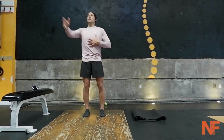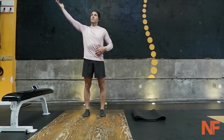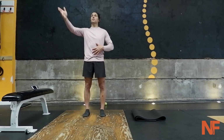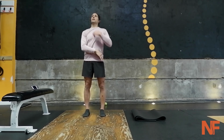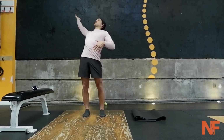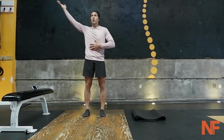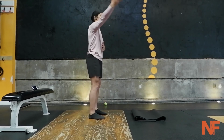Good. Now again, the pelvis is going to be easy to stabilize now because our legs aren't moving, but the connection now is in that mid-back. So we don't want to be doing extension or flexion or anything like that. You've got to control it. So the higher your arm goes and the more you go into